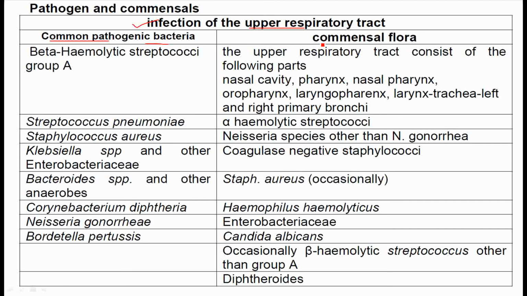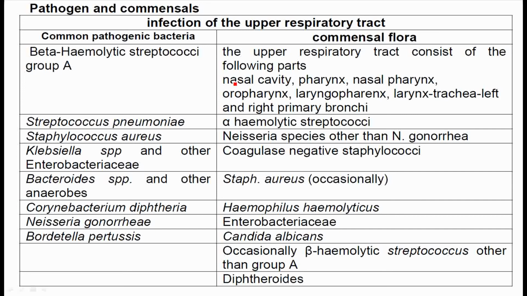This site includes commensal flora. First is beta-hemolytic Streptococci group A. This is common pathogenic bacteria and the commensal flora is the upper respiratory tract consists of the